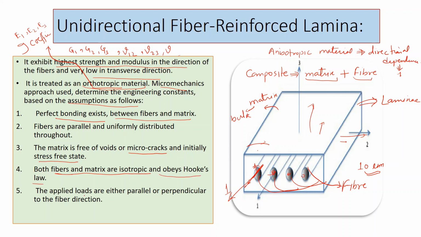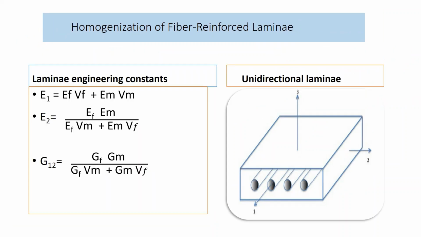And the applied loads are either parallel or perpendicular to the fiber direction. So we can apply the load from this side, that is perpendicular, or this side. Now we see that homogenization